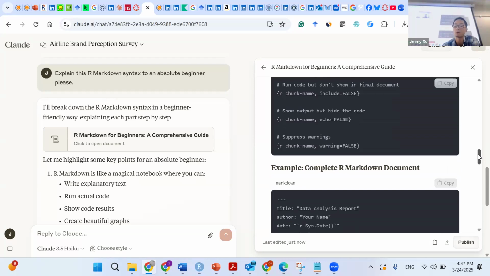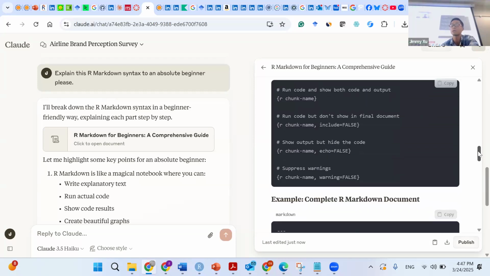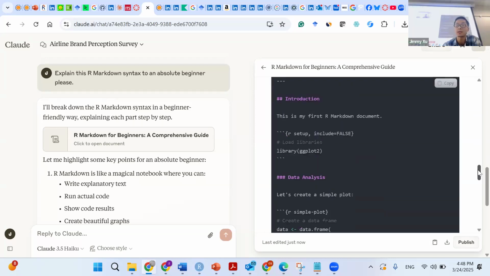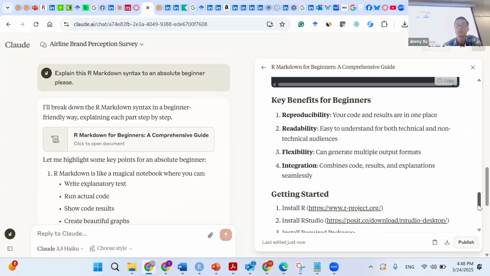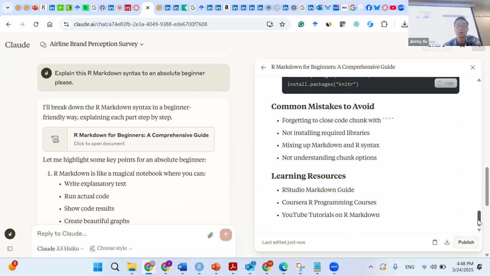What does that mean, right? It's already explained in the section named the R code, but don't show in final document. Okay, so that being said, you run that code, but that code will not be included in your output. So basically, it finally gives you a basic example. So, what does this really mean, right? What does this really mean?